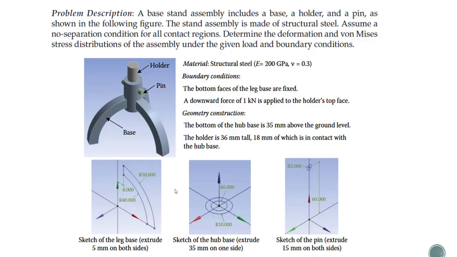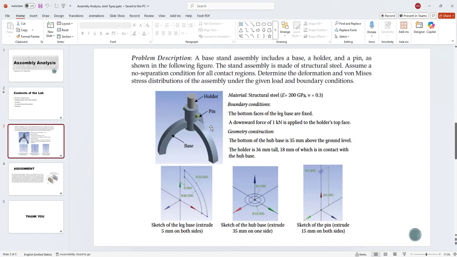So let's shift to Design Modeler and see how we can model and solve this assembly for these boundary conditions. In Design Modeler, let's start by sketching the leg base. So this is a simple sketch which contains two radii of 40 millimeter and 50 millimeter, and the extrude is